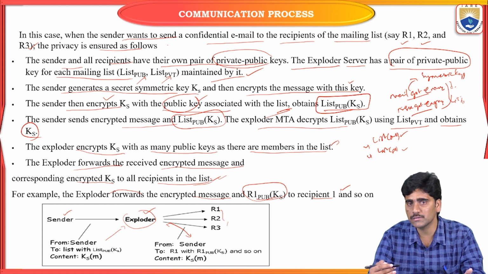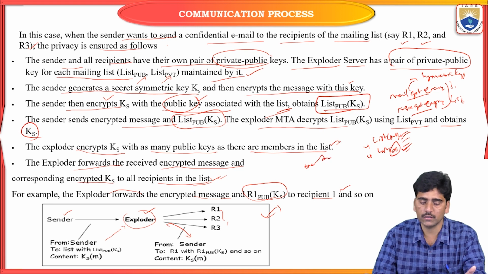Now the receiver receives all the messages. Along with those messages, they get all the private keys also, because the list of private keys was applied. So now the receiver has all the messages and all the private keys. With the help of those private keys, the receiver is going to decrypt all the messages and can see the contents of the data or mail. This is the way one-to-distribution-list works.